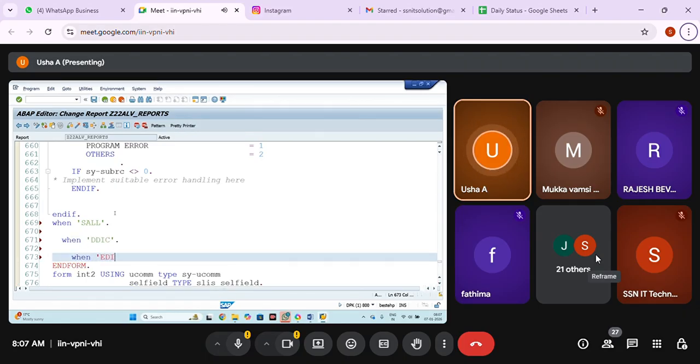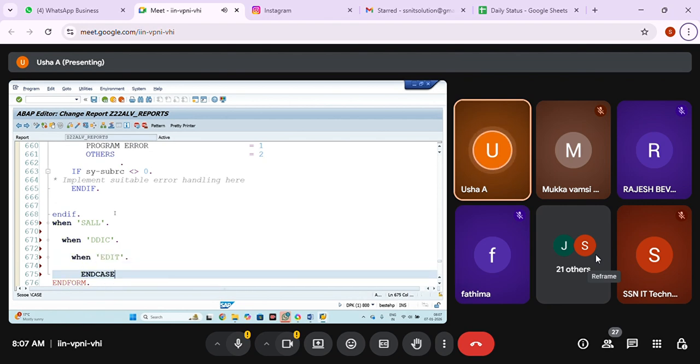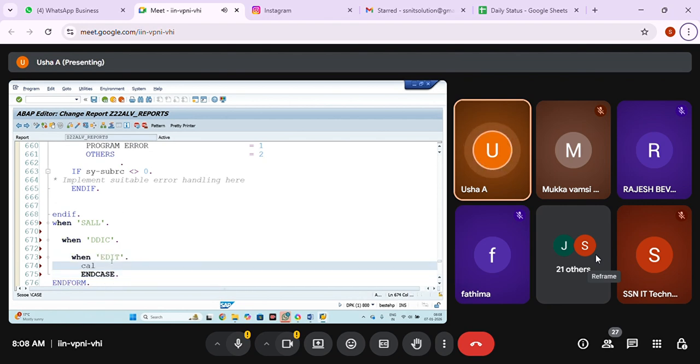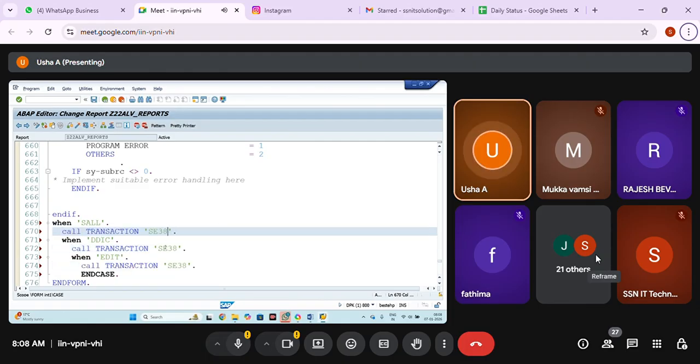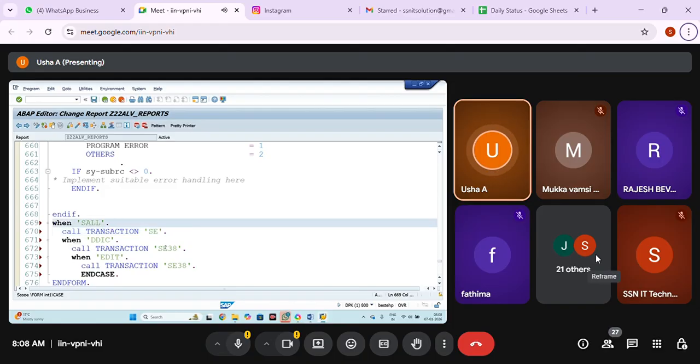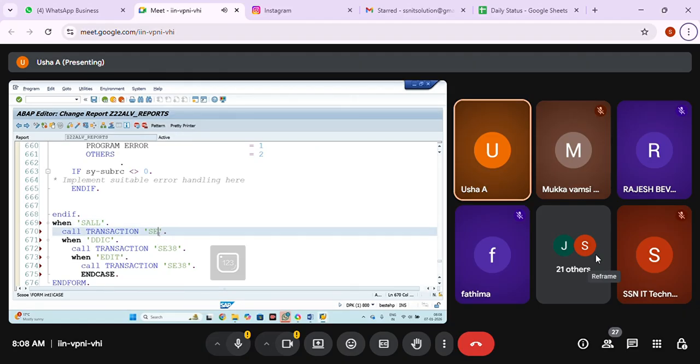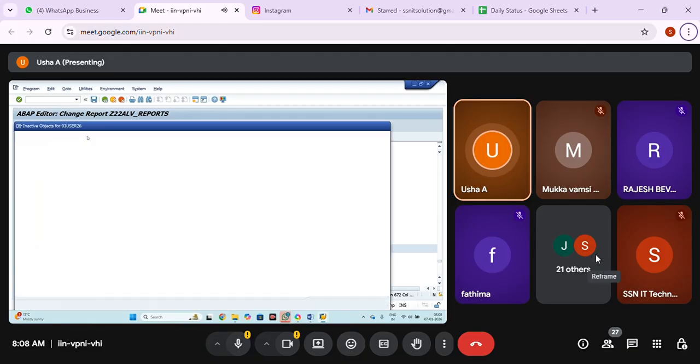When EDIT, what to do? ENDCASE. When EDIT, just do CALL TRANSACTION SC38. Same like that, SC11 and SC80 I'm going to call. Whatever they ask, that piece of code you write. Here, just for time being, I'm showing only this.